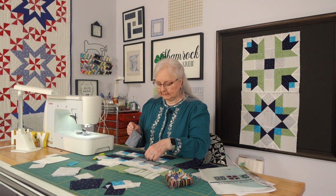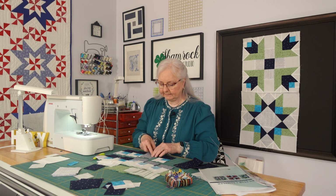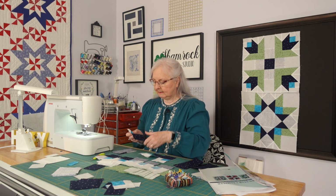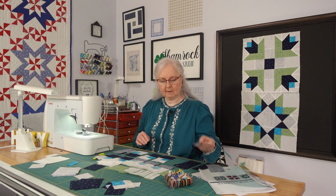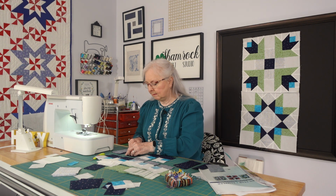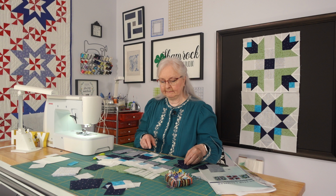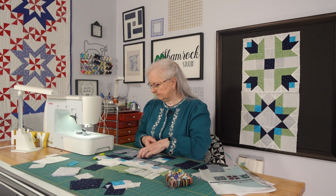So what I'm going to do is I'm going to position these together so that I can lay them out. And sometimes this can be the trickiest part, because if you get them wrong, you get them all wrong. So we're just going to take a minute. And I'll tell you what I'm going to do. I'm going to set my timer